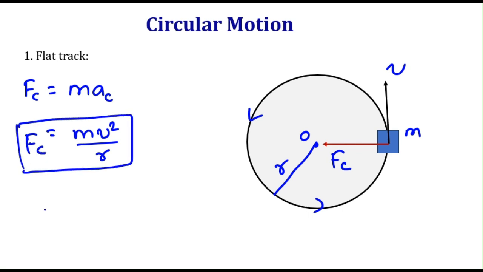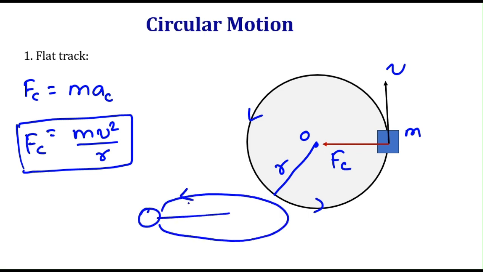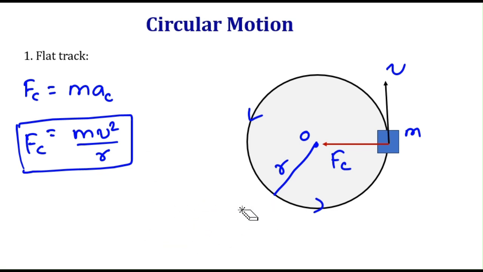Now, what is the origin of this centripetal force here? Means which force is acting as centripetal force here? We are calling it centripetal force because of its nature that it is always directed towards the center. But there should be some force which is acting as centripetal force, as in case of, let's say, a stone tied with a string moving in a circular path. There was tension in the string which was acting on this stone as centripetal force. Here the tension was centripetal force. In the same way, there should be some force which is acting as centripetal force here, and that force is